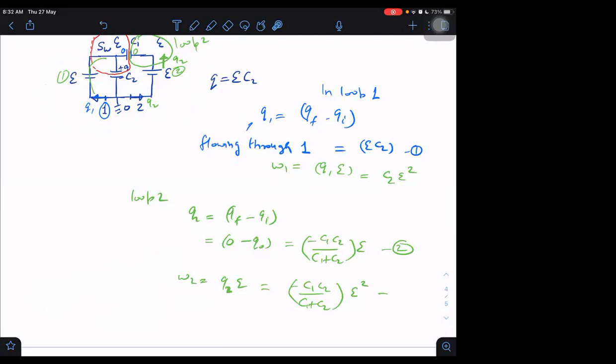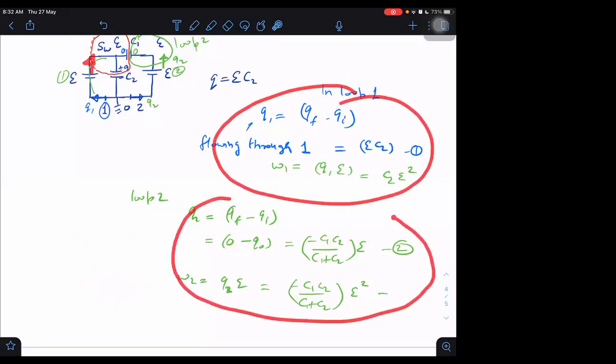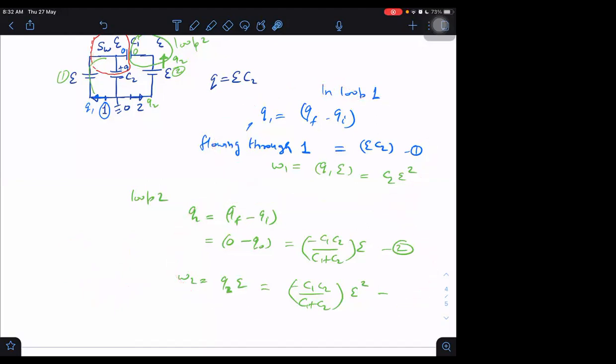I want you to go up to heat energy dissipated. So one more idea you should take from here. When they ask the question of heat energy dissipated, you should have this complete flow chart in your mind. What is the flow chart? Our step 1 will be to find out the charge flowing through the battery. To find that out, I have to go through this procedure. Even if they have not asked what is the charge flowing through the battery, that is my first step in a question where they are asking for the heat energy dissipated. So the first step we have done.